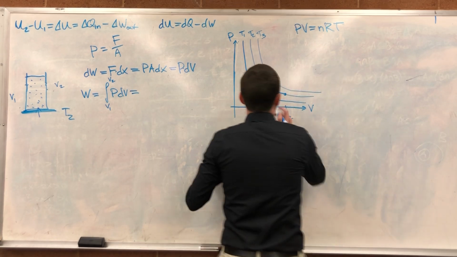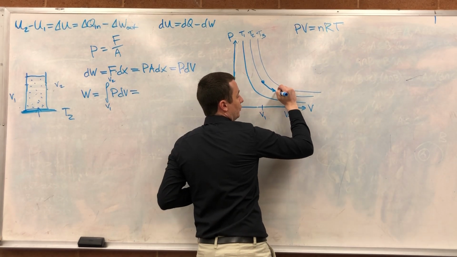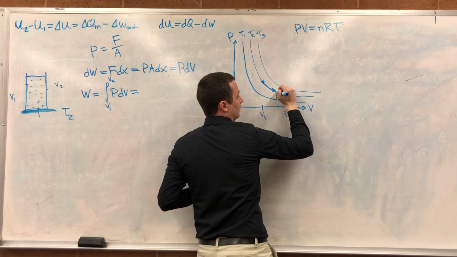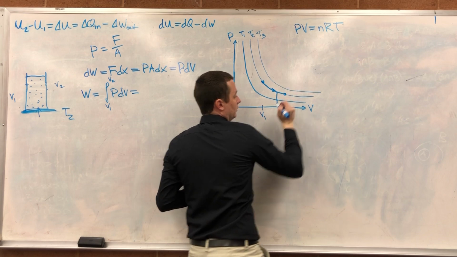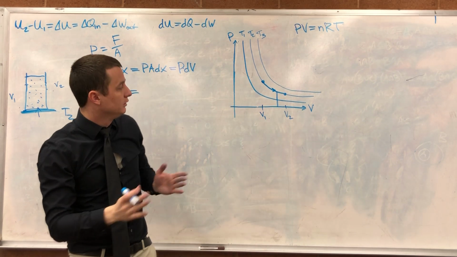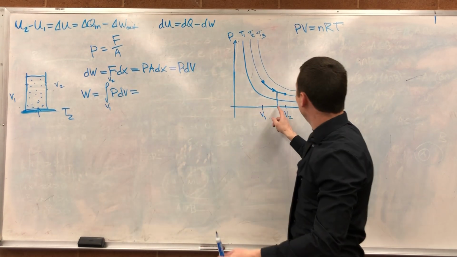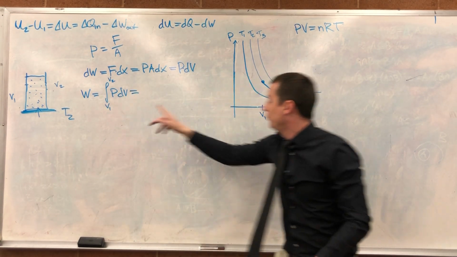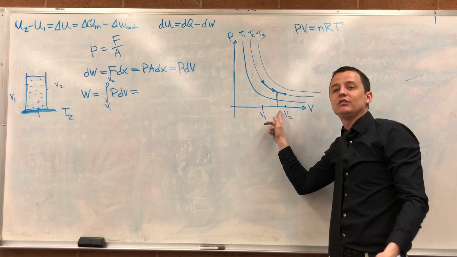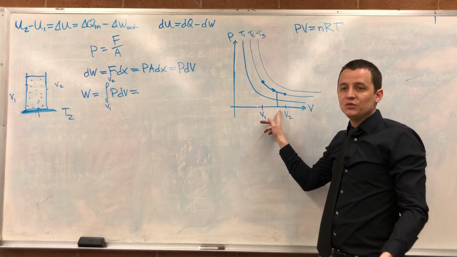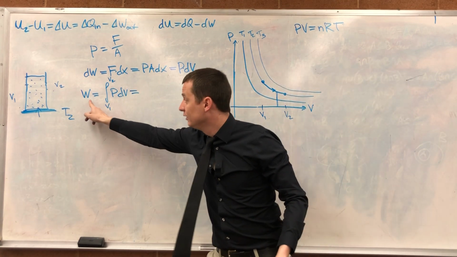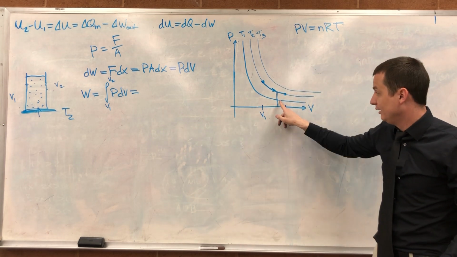So P times dV at any point is going to give me some arbitrarily small rectangle. What's that rectangle called? Well, it doesn't matter. The point is, an integral is adding up infinitely many of these rectangles. And so this work, geometrically speaking, is